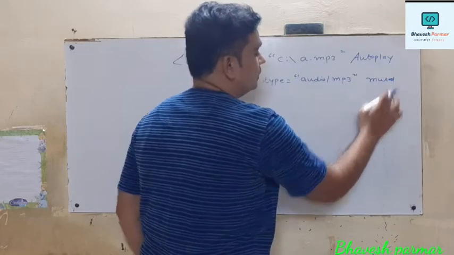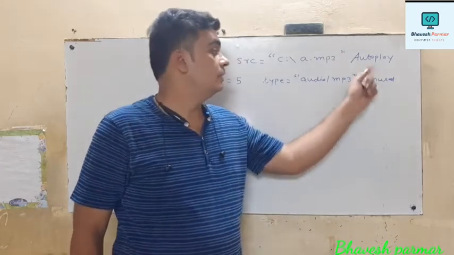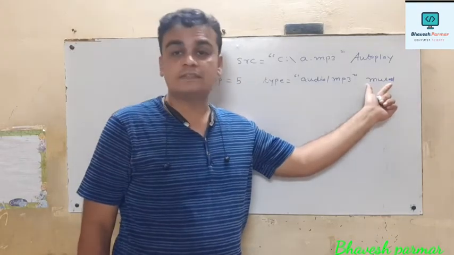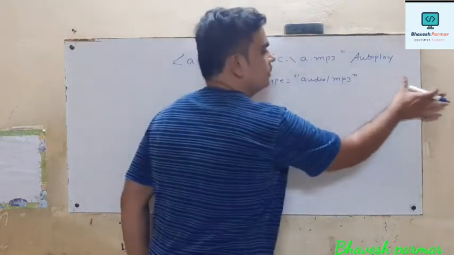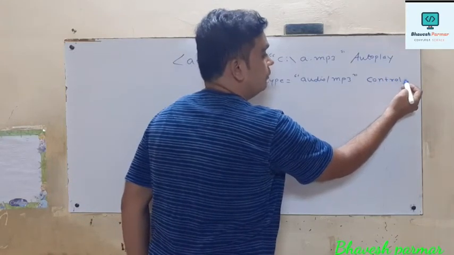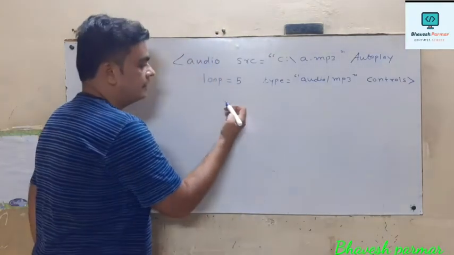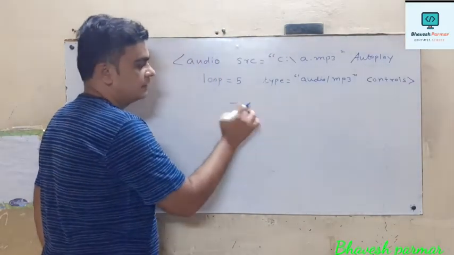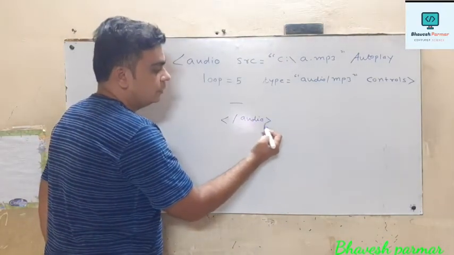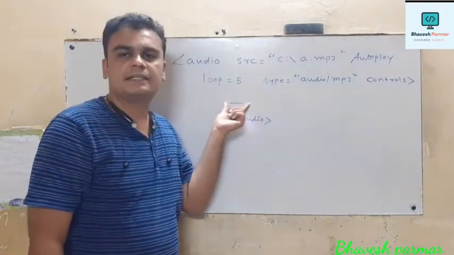and if I am using this muted attribute, then what happens, guys, the audio file gets played automatically, but you will not hear any kind of sound. Why? Because I am using this attribute. So if you don't want it, then don't use it. But after all, the very important attribute you must enter is controls. Thereafter my message, that is, browser doesn't support: if this tag does not work properly in your browser, then this message gets displayed. If it works, this message gets disabled.